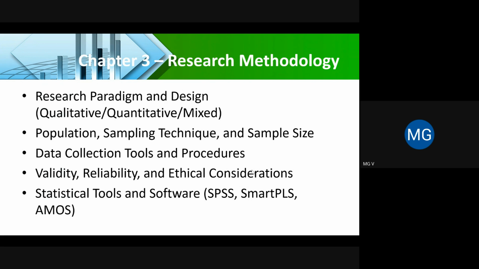So you must define the population under study, justify the sampling technique, for example, stratified, purposive, or snowball, and specify the sample size using published standards or formulae like Cochran's,